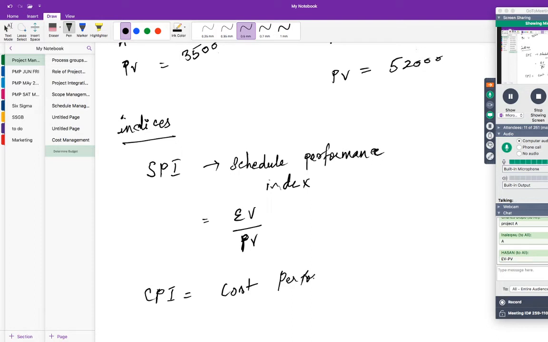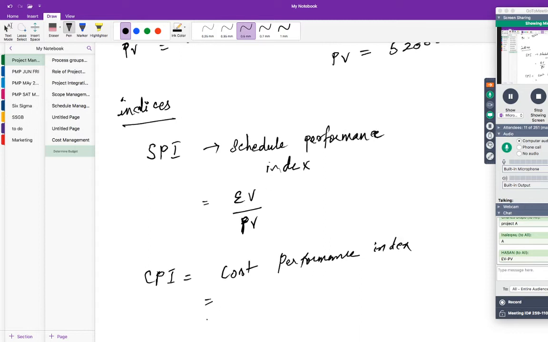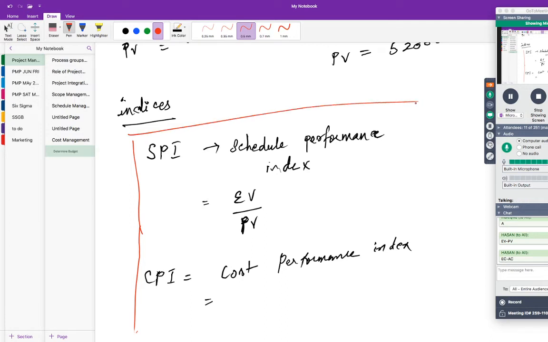CPI, cost performance index. So what is the formula for cost variance? EV minus AC, right? So EV by AC. So this cost performance index, it will be EV by AC. Okay. So